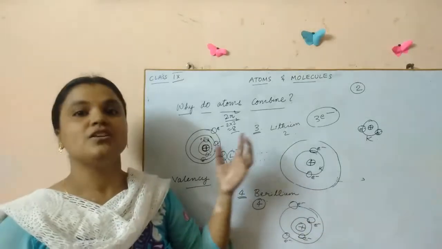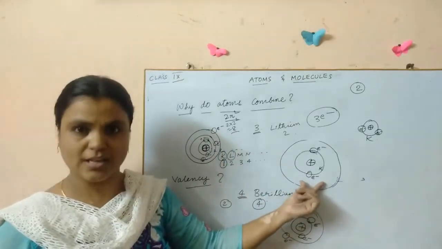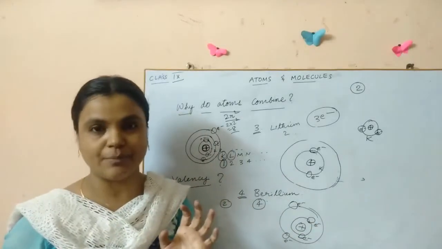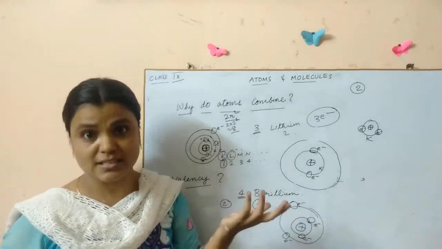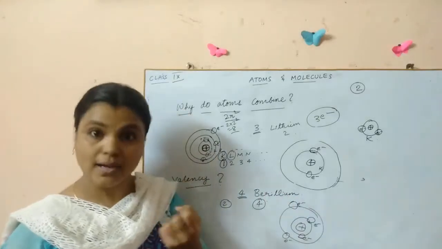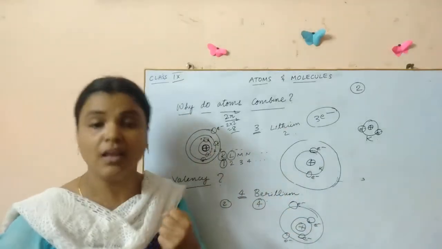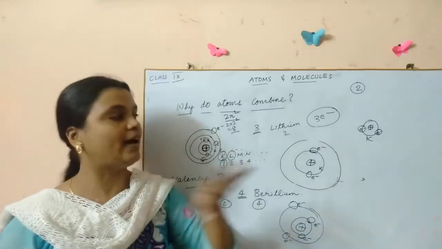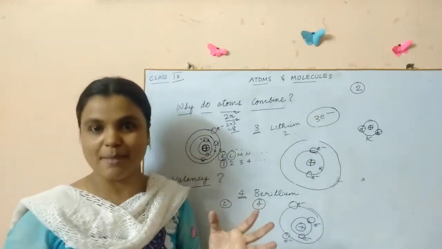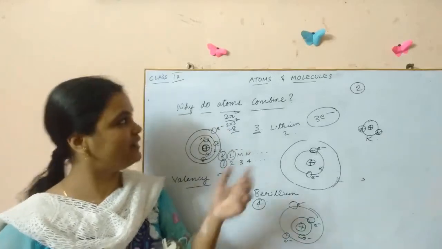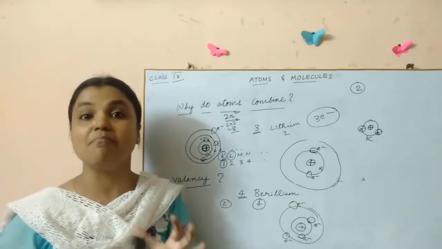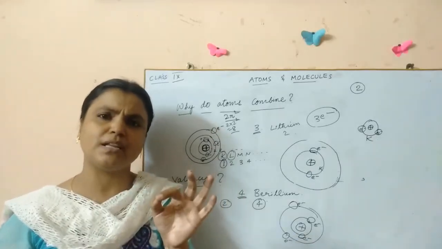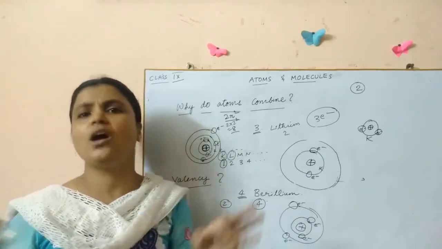One atom, in order to get stability, if it loses one electron, it gets stability. Now imagine another atom which, if it gets one electron, then it gets stability. In such a manner, they both pair up, and there will be a bond formed, and that's how atoms combine. Why do atoms combine? The simple answer is in order to get stability.